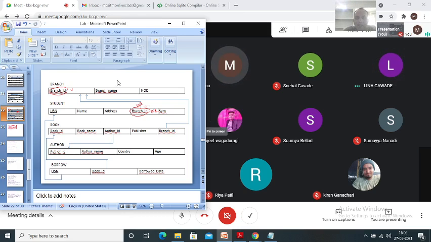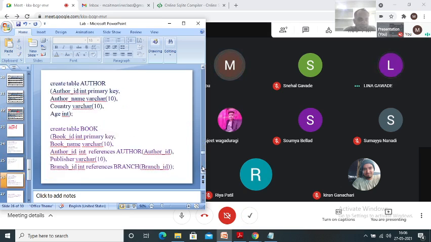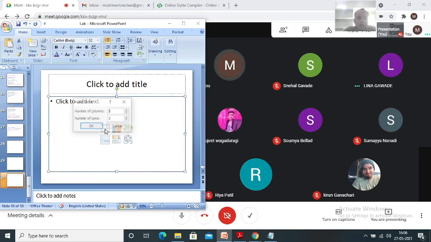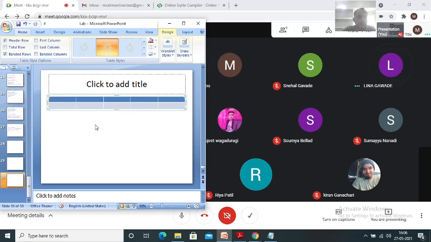We are not entering the values here. Okay, I'll show you one example at the last. See, assume this is the USN number, then the name of the student, and one more, branch.